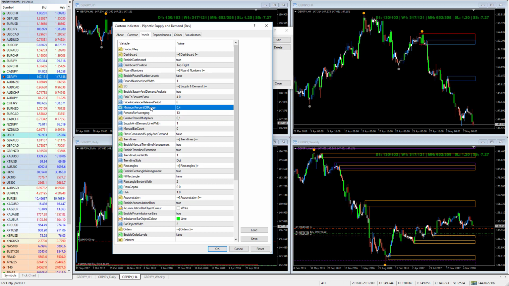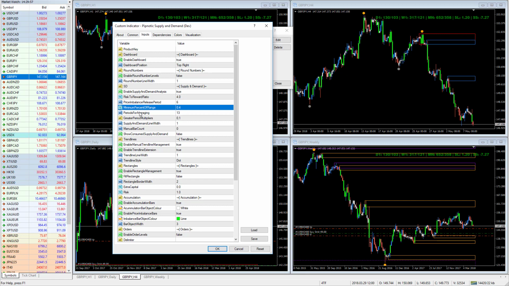Okay, so minimum percentage of range. I've added these two parameters, and I'm not sure if they'll be visible or invisible on this next release. What I'm hoping to do is to find an optimal setup and leave it at that, so you don't have to worry about these new settings. But